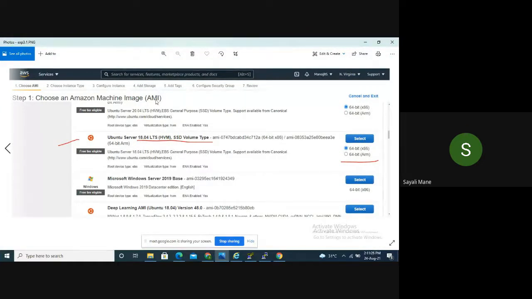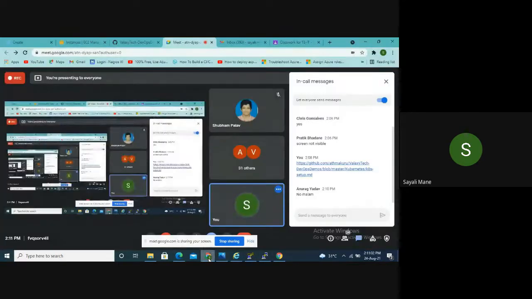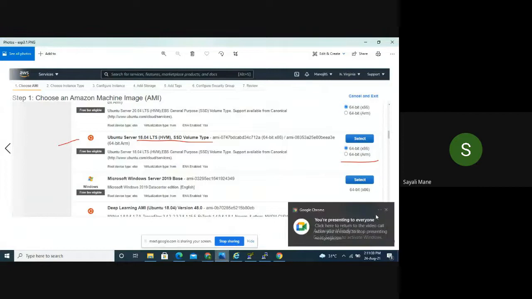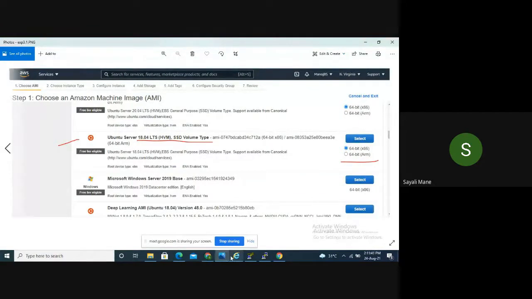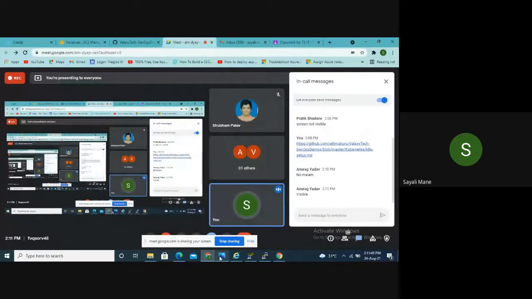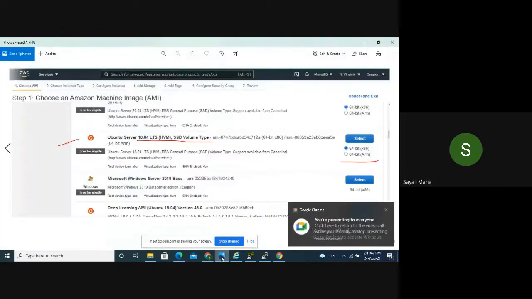Experiment 3.1, and then choose Amazon machine image, this one. Is it visible? Yes, visible. Okay.